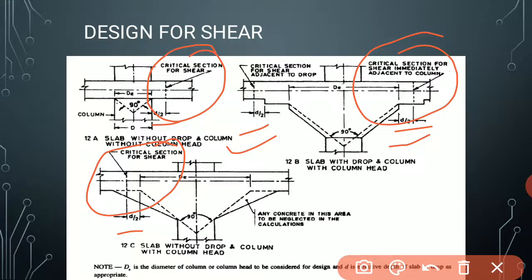Tau c is the shear stress, and the shear reinforcement should be provided in the section where shear stress does not exceed 0.5 tau c. Okay, so these are the criteria for the shear.